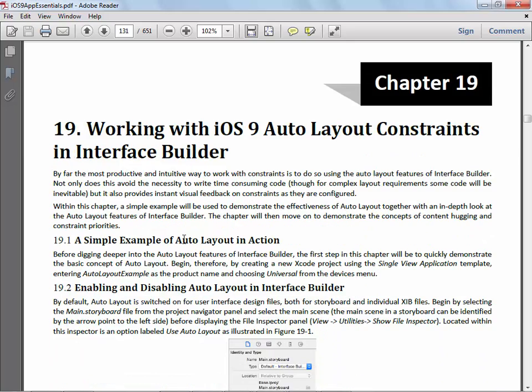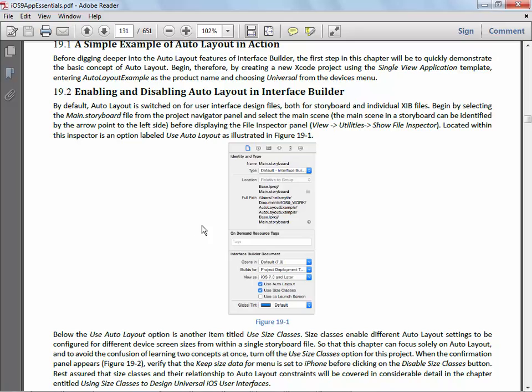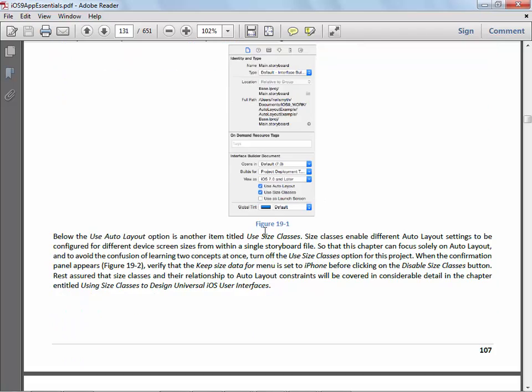So in chapter 19, he talks about how to do it in Interface Builder. And there's a few things in here. Again, he says by default, auto layout is switched on. You can always go back and check it, but it should be on. See it right there? Use auto layout. See right below it? Use size classes. Auto layout, new way. Size classes, old way. They're both on by default. Below this is another thing called size classes, and again, that's more the older way of doing it. And he says, so this chapter can focus solely on auto layout,